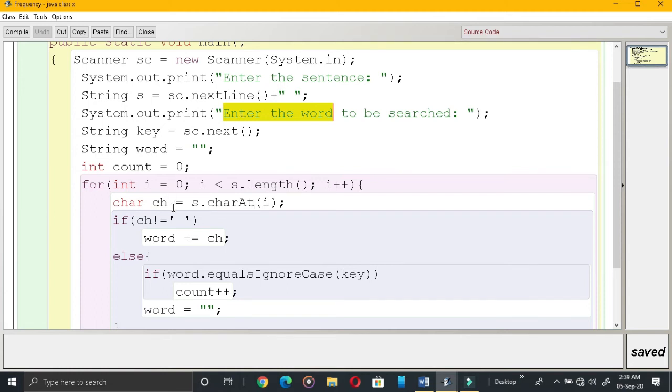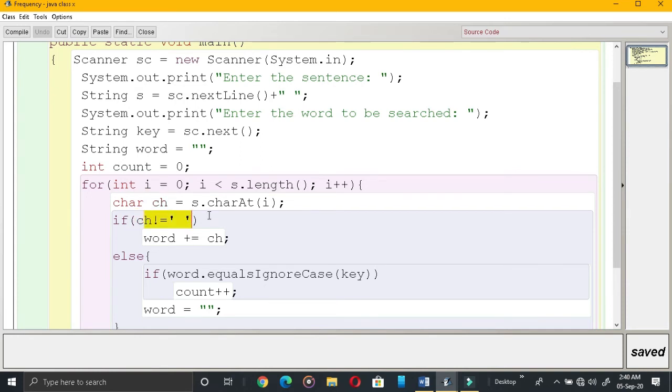In this, the first character, that is capital letter E, will be extracted, and I am checking if ch is not equal to space. Here the character I got is capital letter E. I am checking that particular character is not equal to space. The character I have extracted here, is it not a space?